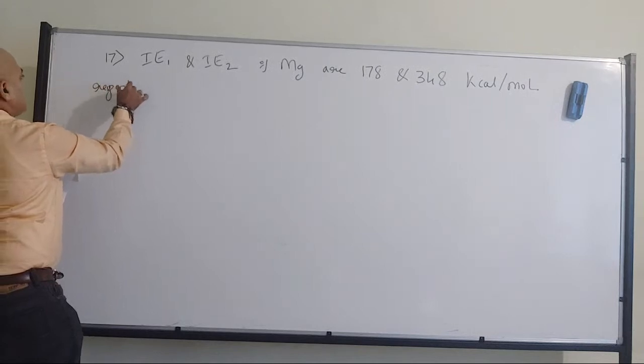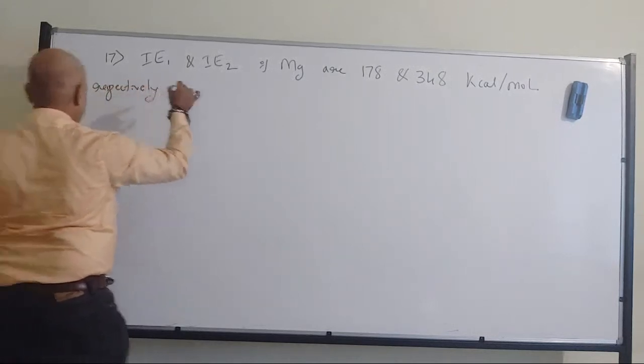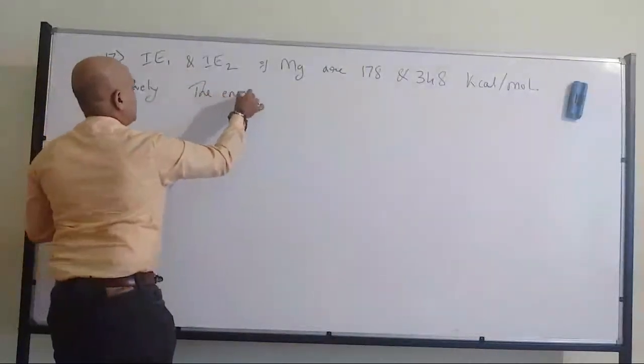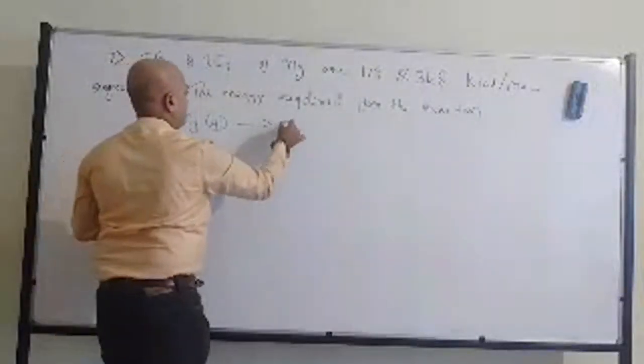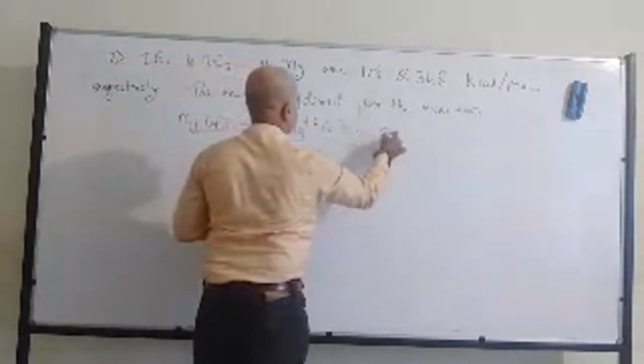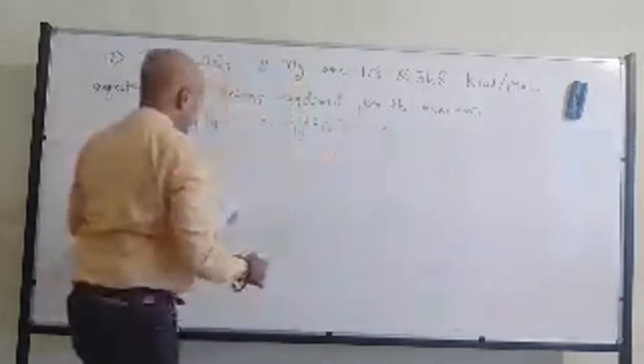The energy required for the reaction: magnesium in gas state getting converted into Mg plus 2 in gaseous state plus 2 electrons. So the energy required for the reaction is